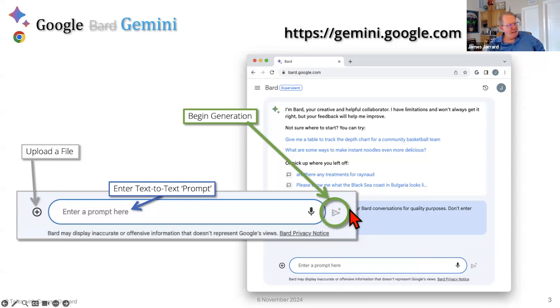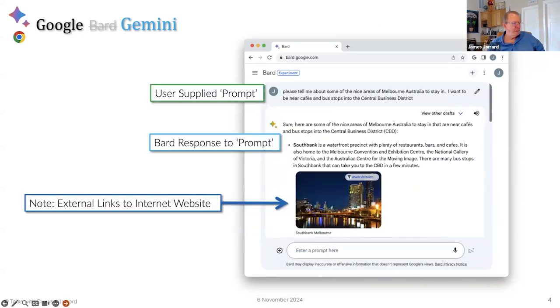And then sometimes you have to hit this little icon over here to begin the generation. So you will see this change a little bit. Here's after you get the inference from Gemini, here's what it looks like. Again, this is what it looked like a year ago. We're going to see what it looks like now in a few minutes.